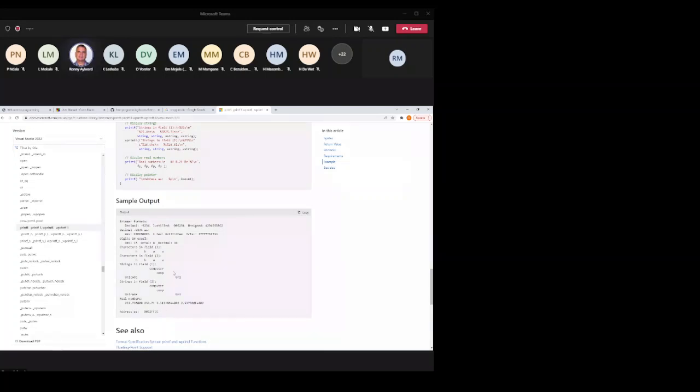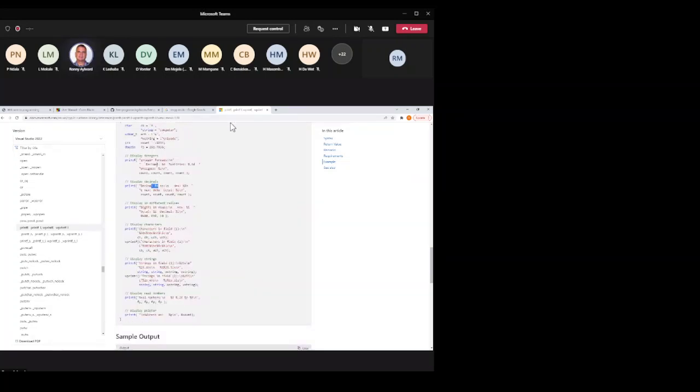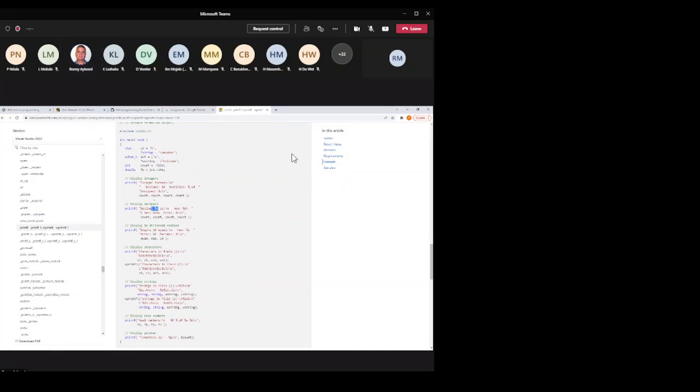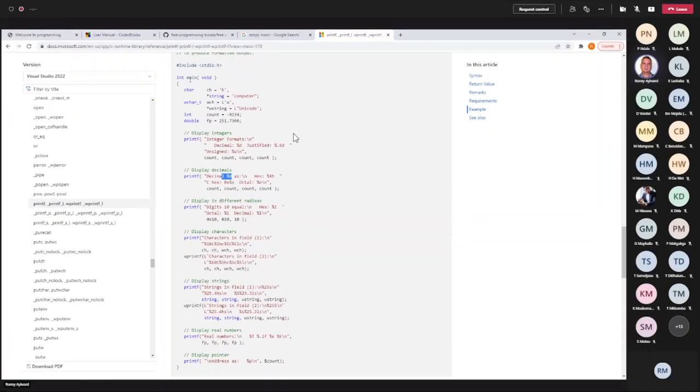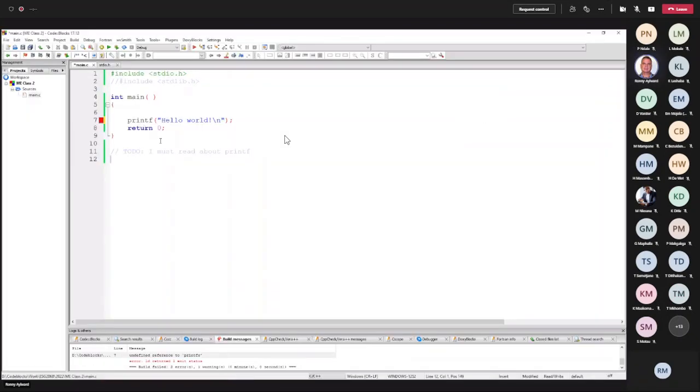Okay, so based on this little program, you can copy and paste it into CodeBlocks and experiment with it and see the particular output.